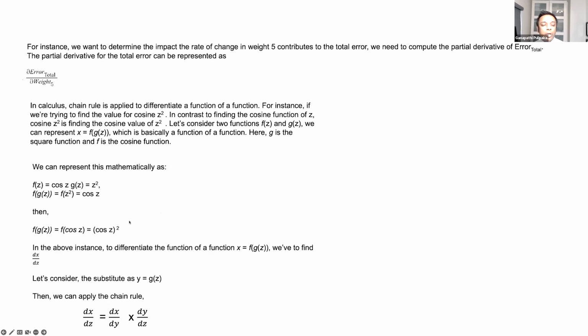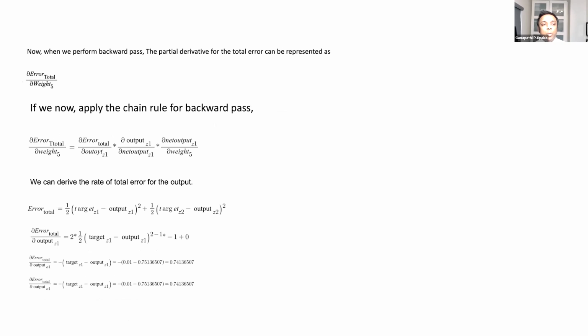So we're going to apply the chain rule here, which is differentiation of x by dz equal to dx by dy multiplied by dy by dz. It is that simple, guys. It's not super complicated to apply the chain rule for a neural network. So now when we perform the backward pass, we're going to take some partial derivatives for this. I'm just going to move this around a little bit here, and the total error we can now compute here.